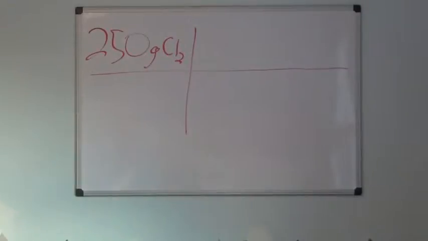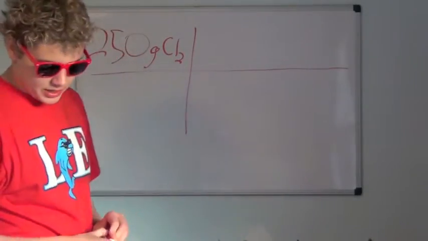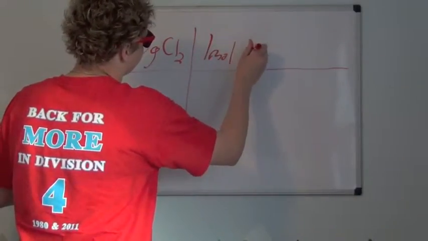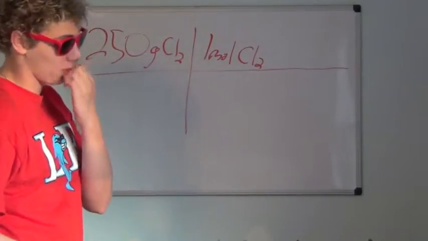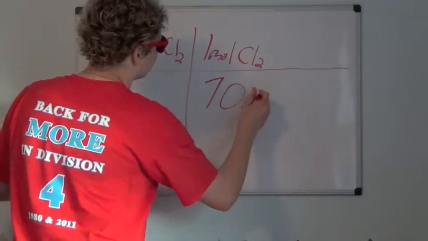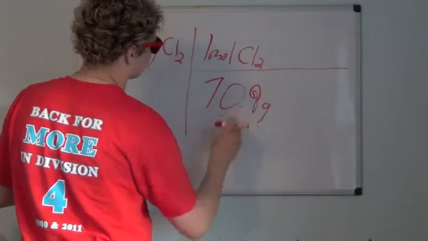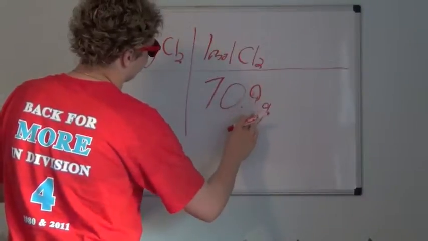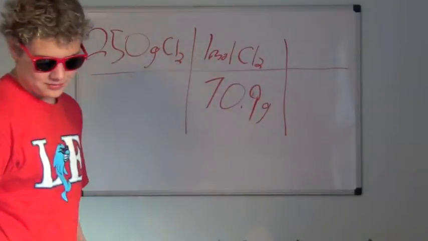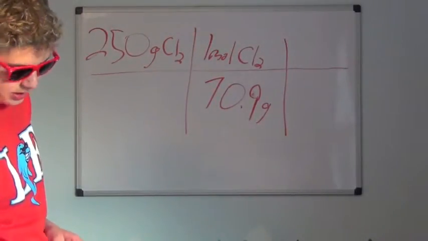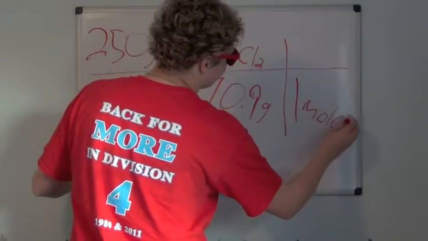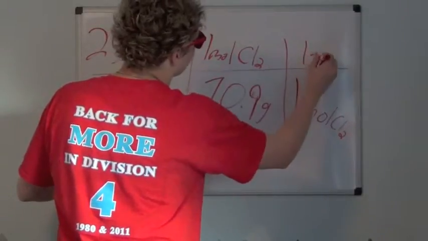Alright. So what we do from here is now 1 mole of Cl2 is 35.45 times 2, so 70.9 grams. And since we're going dimensional analysis wise, we have to put the grams on the bottom and the moles on the top so that the grams cancel out. Draw a line. Now we go 1 mole Cl2 is 1 mole